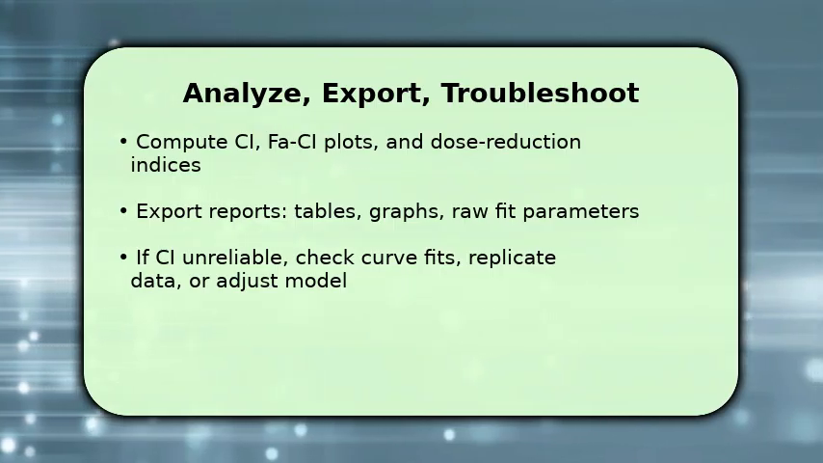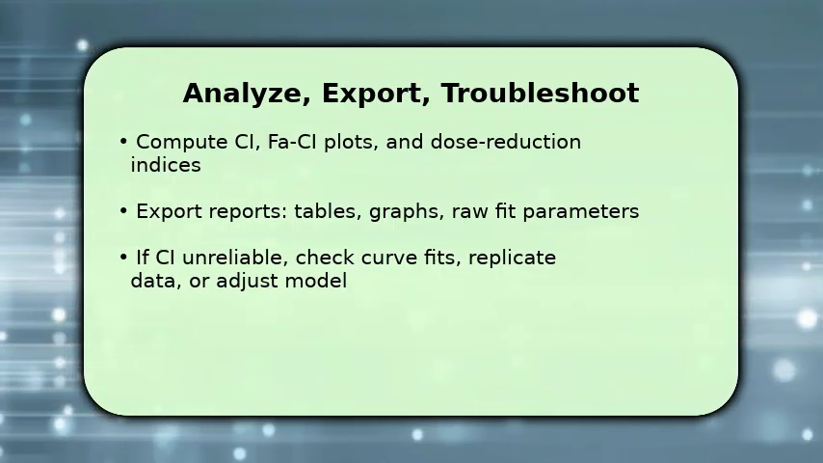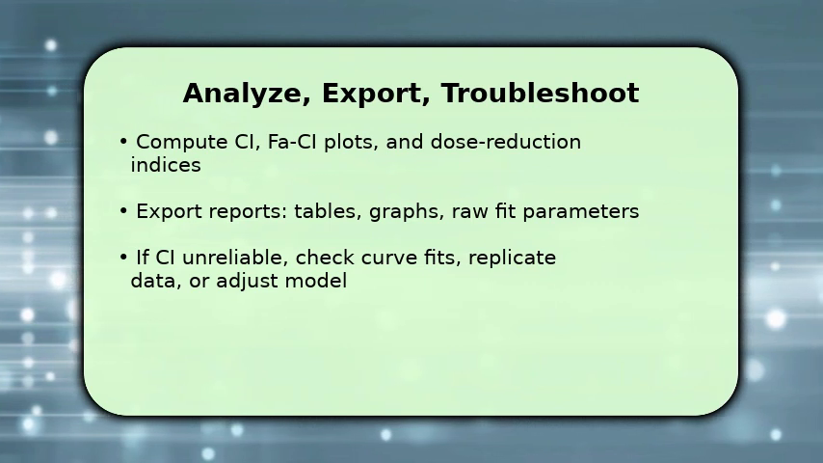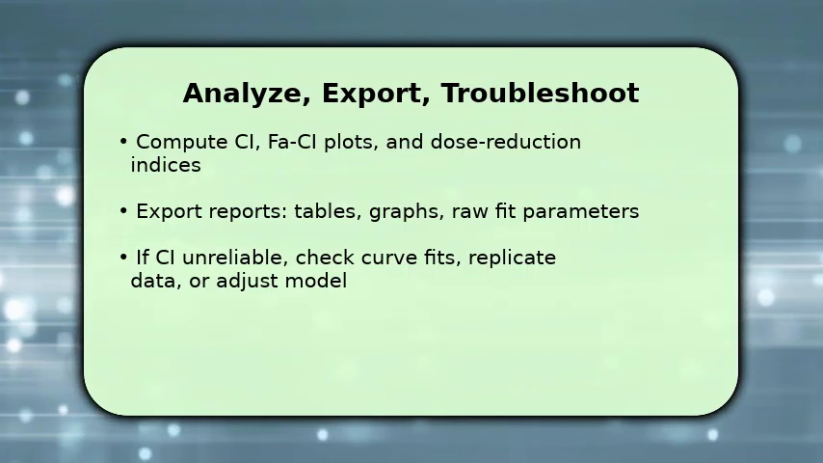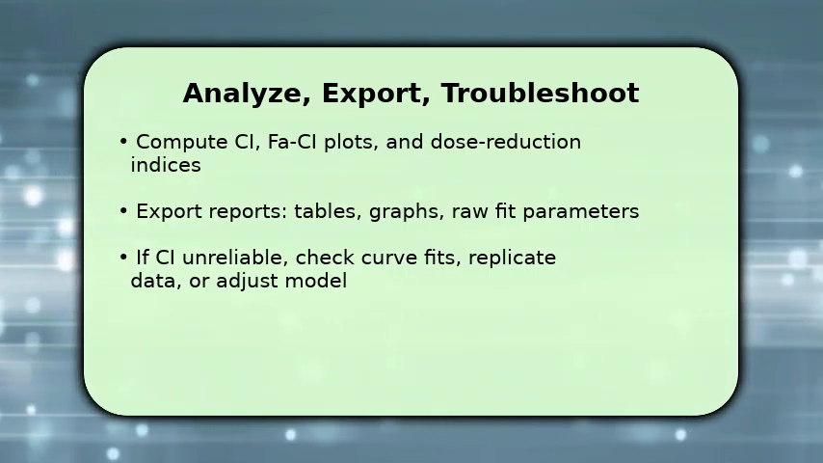Poor fits often produce misleading CI values. If needed, try alternate models. Exclude outliers with justification and rerun analysis. This corrective loop ensures your conclusions are